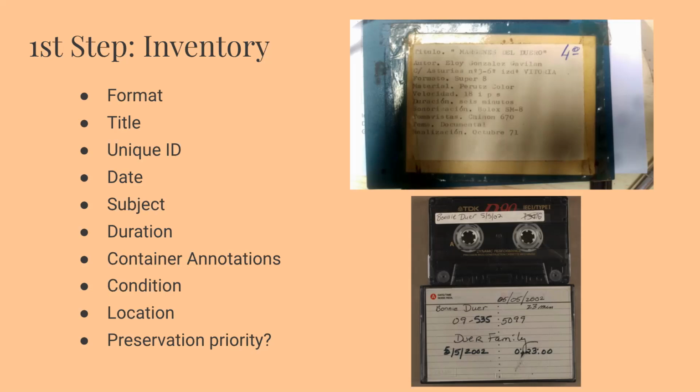It's important to identify what you have in your collections before starting a digitization process. You'll want to start with a basic inventory like we mentioned. Use a simple spreadsheet like Excel or Google Sheets and capture some basic information, like content description based on labels or writing on the tapes and films, which could be very helpful information to include in this. An approximate date of creation, if you have that information, the material type, whether it's image, text, moving image, audio,